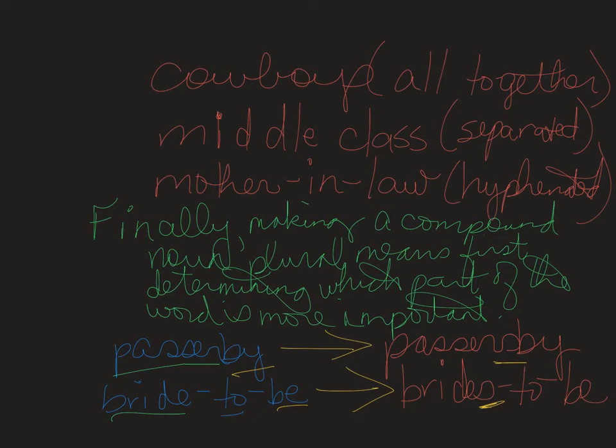Okay, so finally, making a compound noun plural means first determining which part of the word is more important, okay? Because remember, you have at least two words in a compound noun that have been put together to mean one thing. You have to determine which one of those words is more important to the meaning of the word, and then make that part, that more important part, plural. So if you have, for example, passerby,